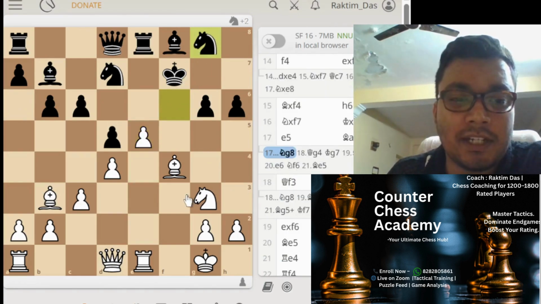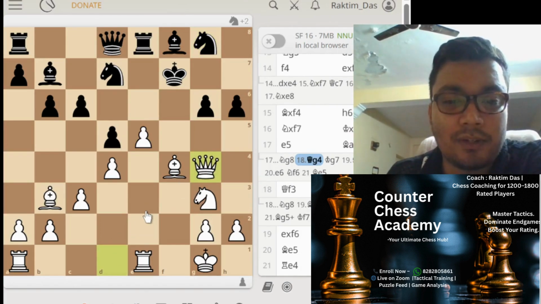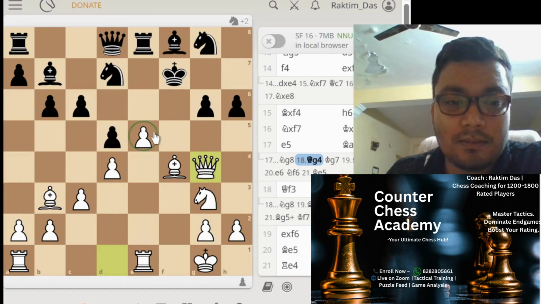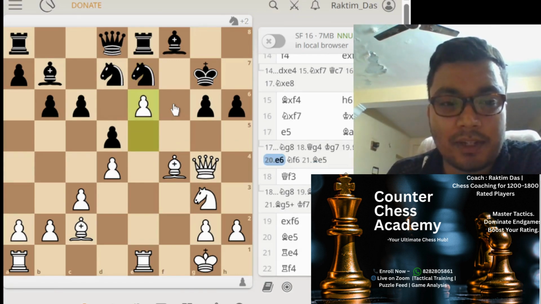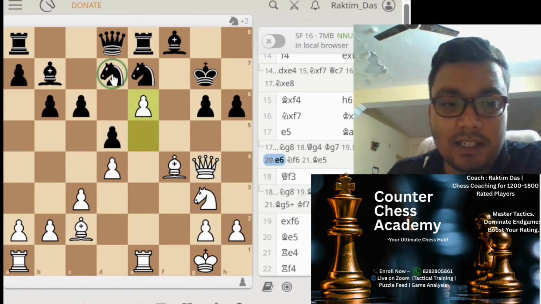If knight goes on g8, then it's very bad. You just check it out. Queen to g4. Now you see queen to g4, giving check and winning the knight. This is the threat. If king goes on g7, bishop to c2, knight e7, e6. Now you see gaining so much space. Okay, e6, attacking this knight,